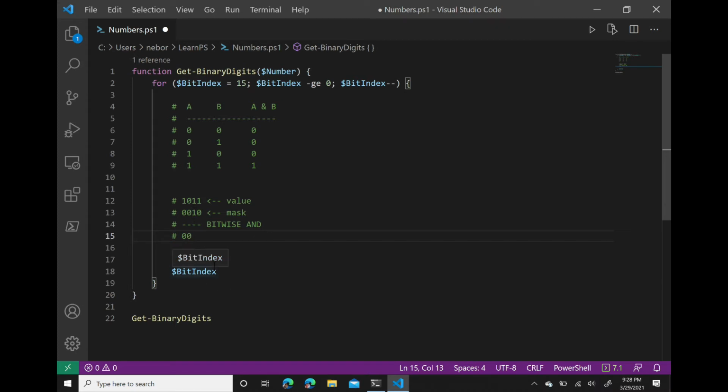1 and 1 is going to be 1. And 1 and 0 is going to be 0. Now, when we look at the mask, we see that all the bits but the one we're interested in are 0. So what that means is all the columns of the result,